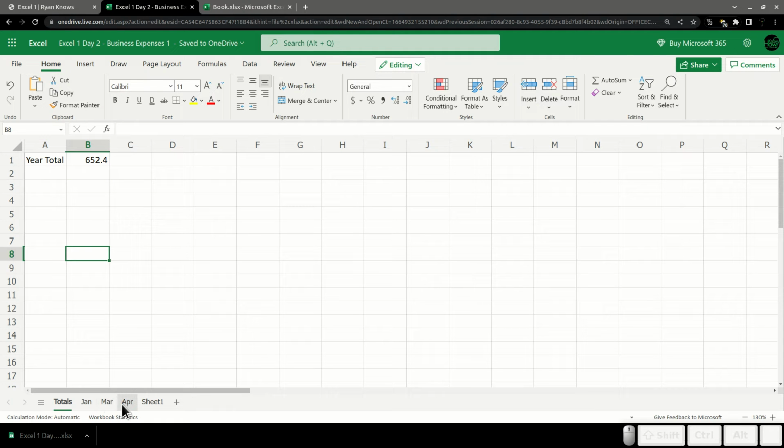I'm going to move, so I'm going to click on January. I'm going to click and drag it to in front of total. Oh wait, no, that's not what I want to do. I want to move March out of them. There we go. Notice that updated in real time right as I did that. So watch this cell up here. As I move March back in between those two, it updates it. So it's literally saying start with this sheet that's right here and go to this sheet that's right there.